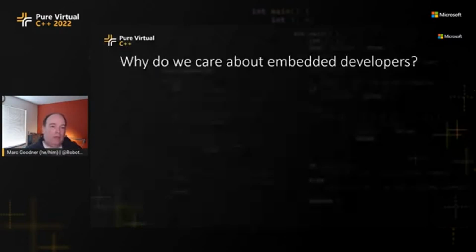So why do we care about embedded developers? One of the big reasons is actually Azure RTOS. This was a product previously known as ThreadX. You'll still see it referred to as ThreadX a lot. But this is a real-time operating system that Microsoft provides for microcontrollers. We previously didn't have something this low level. But now that we have something that's low level that runs on Cortex-M processors, we need to be able